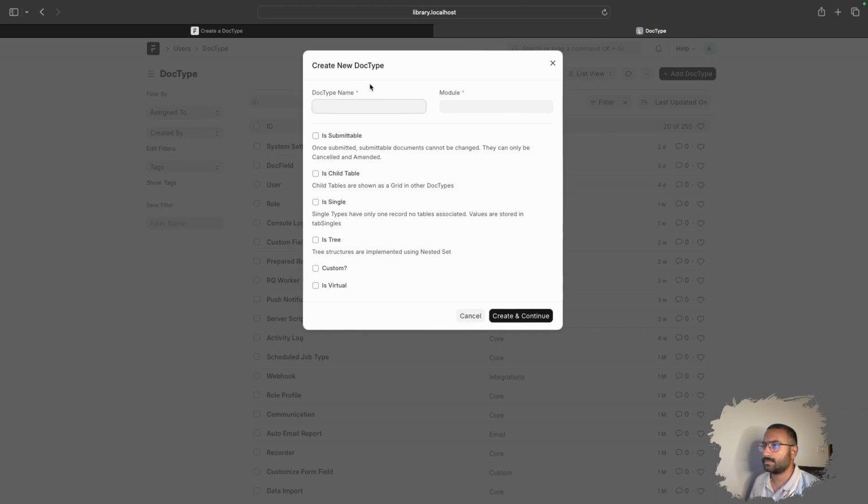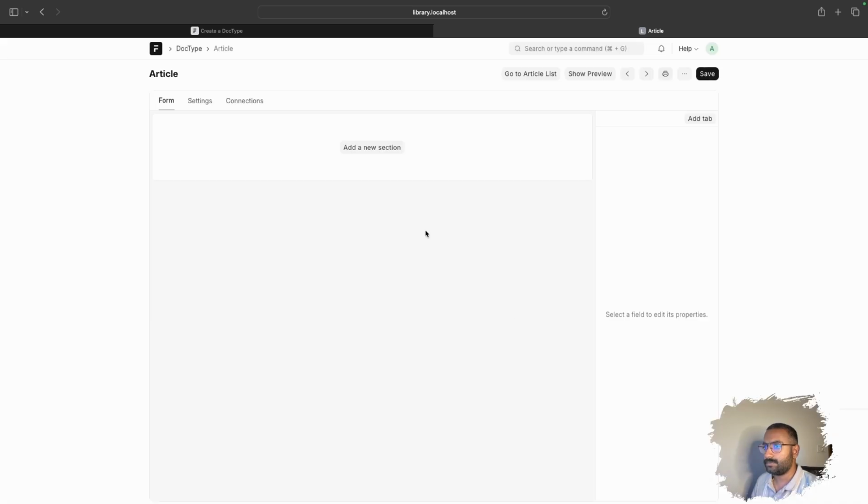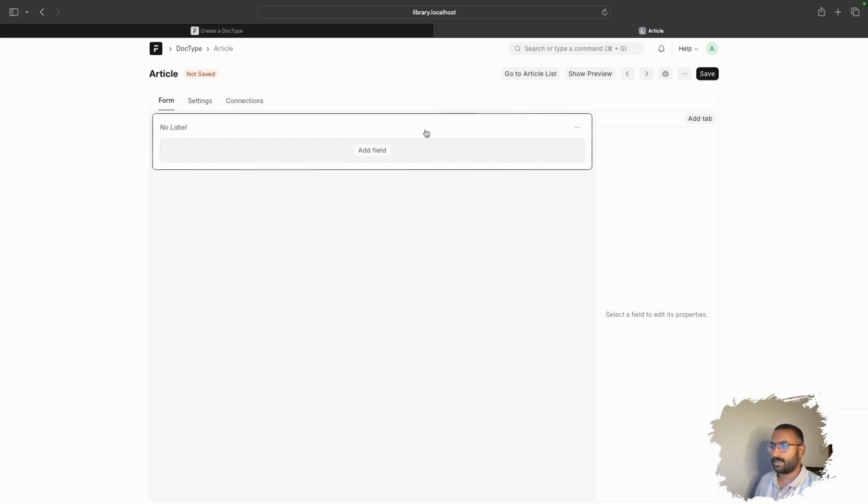Go to the second tab and name the DocType Article, and it should be in our Library Management module. So select Library Management, then click on Create and Continue. Here we can see the new DocType UI for Frappe version 15. So let's add a new section and